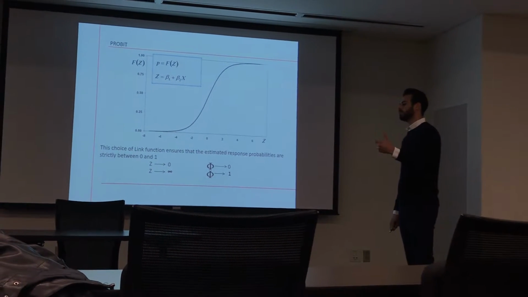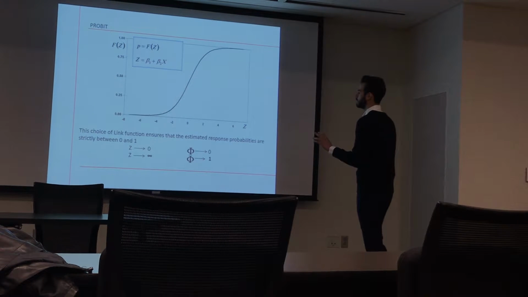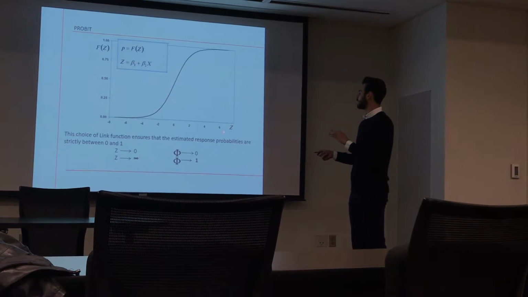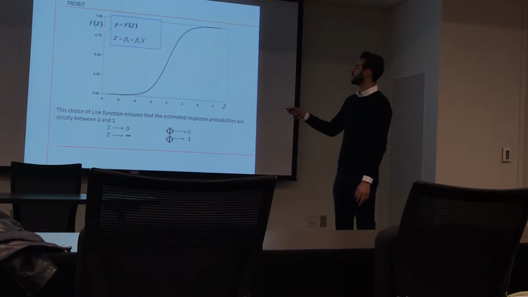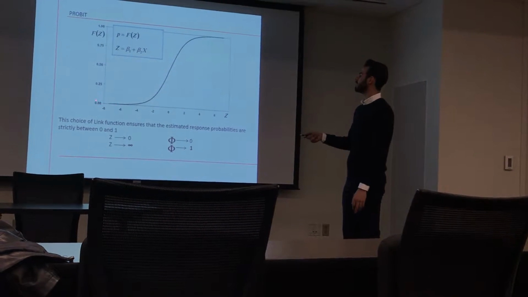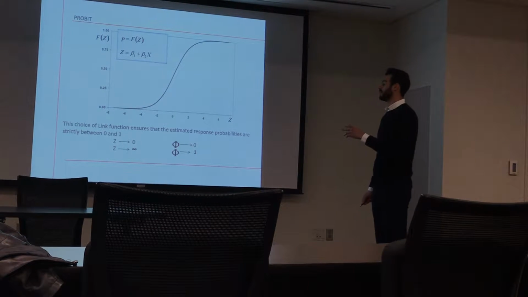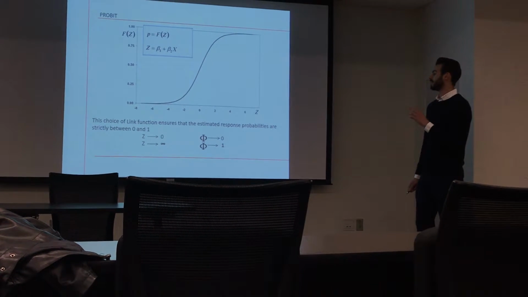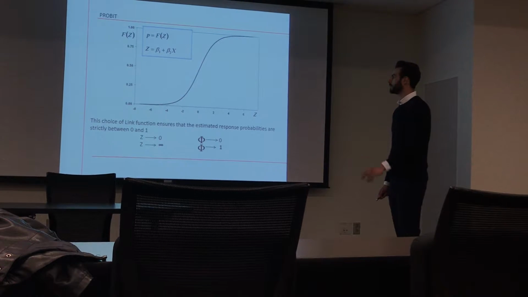As you see, using a cumulative density function, whose domain is between minus infinity and plus infinity, allows me to see that for any real value of zeta I'm going to be okay, because as you can see, the probability, which is here, is always between 0 and 1. And so, by using that kind of cumulative density function, the standard normal cumulative function, I'm going to be sure that my outcome is always a probability.